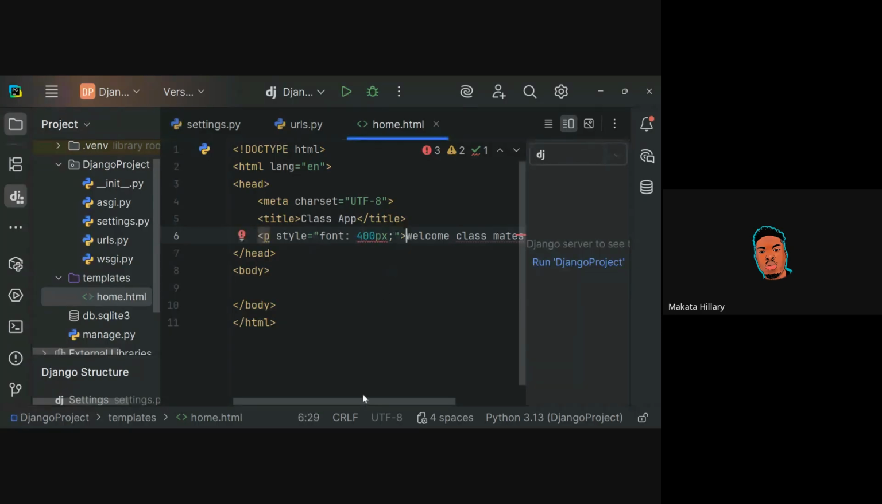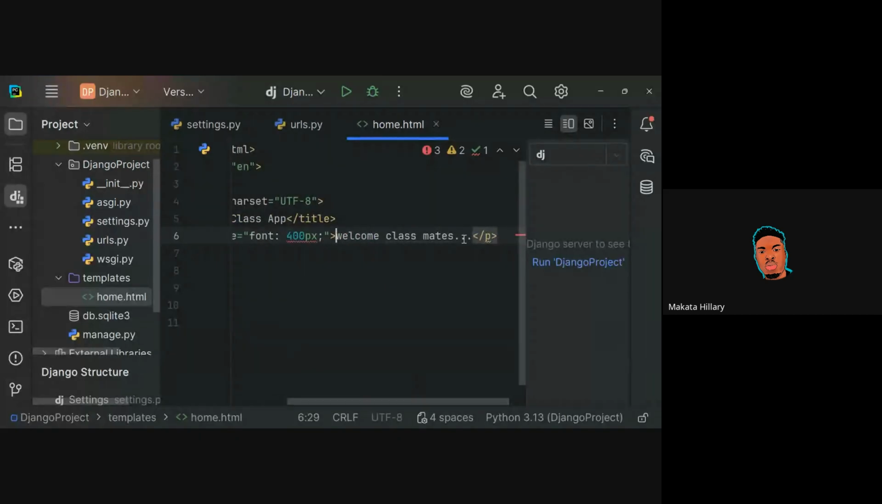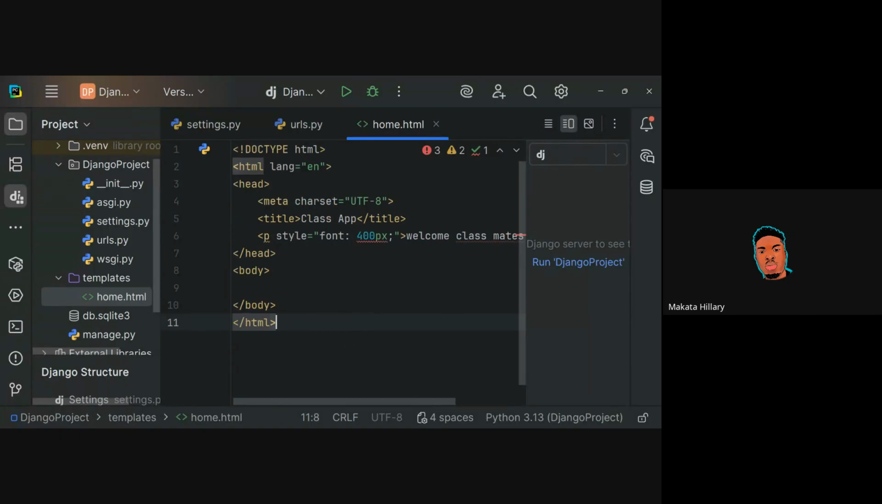When we run this code, this text should appear bigger, much bigger than it is currently. Let me share the screen and run it. If you're making use of a mobile phone, don't worry, I will soon get to this. So when we refresh this page now,